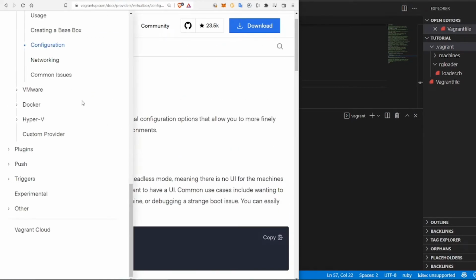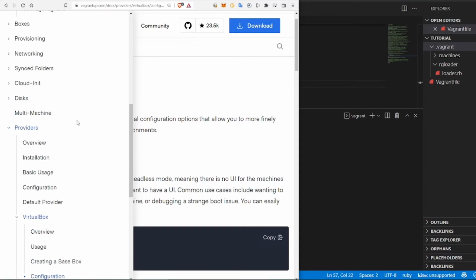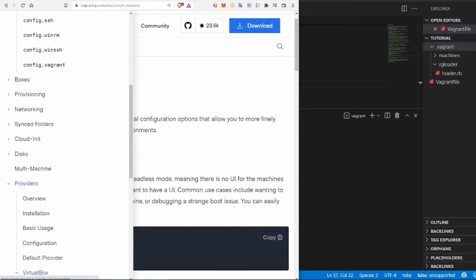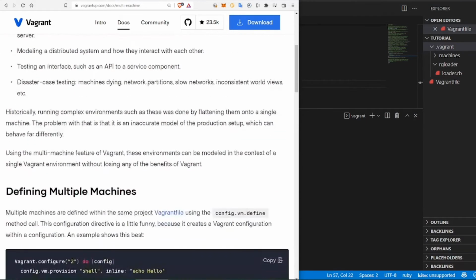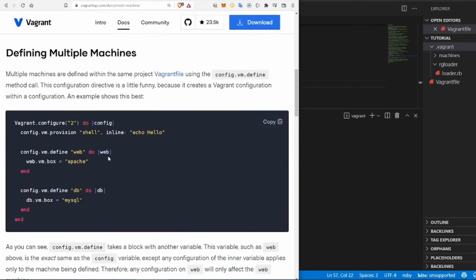Now let's try, where is that multi-machine? Yeah, let's try that multi-machine. Okay, so let's define two multi-machines. Instead of web and DB,